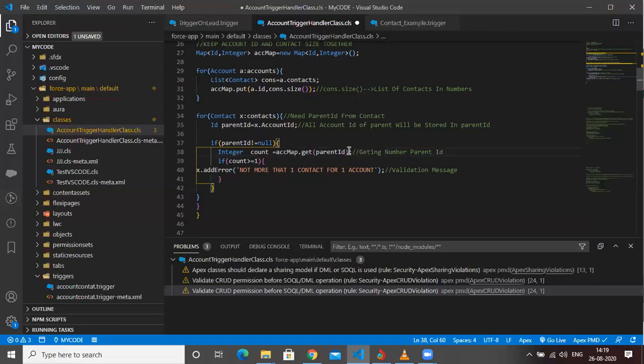Okay, fine. Now this count is totally depend on me. What's the count I want? I only want one contact, should be for one account, means one account only have one contact. More than one, it will pop up in validation message. So for that, variable dot an inbuilt function add error, and in that my message.